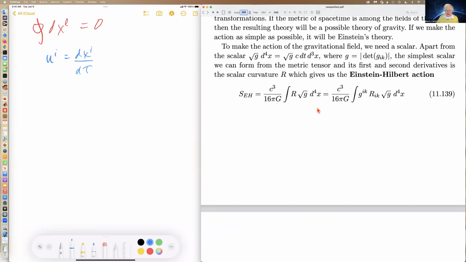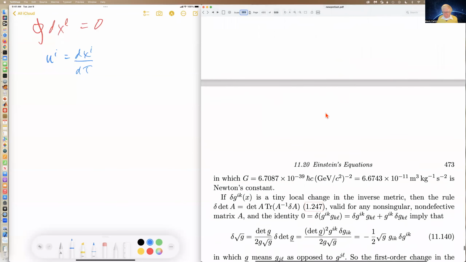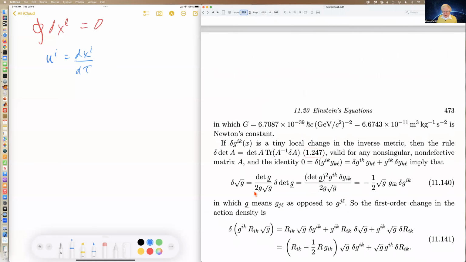Remember, what we're saying here is that the first order change in the Einstein-Hilbert action due to a small arbitrary change in the metric at some given point in space-time should be of second order in that small change. And to first order, the change should vanish. And so what we do is we first look at what the change of the